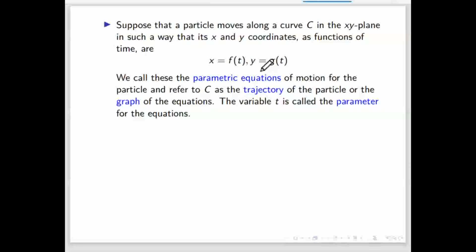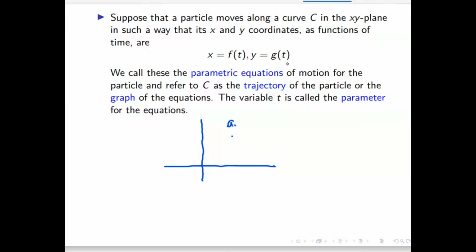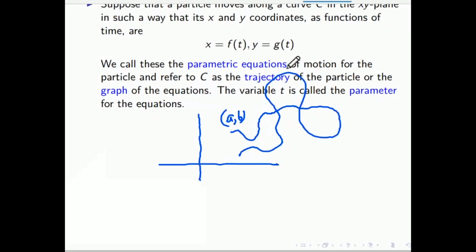So I hope it is clear. Suppose some person is moving in the 2-dimensional plane. At any particular time, the location is x comma y, and that is a function of time, because once the time changes, the person's location may change if he moves: f(t) and g(t). For example, suppose the person started from the point A comma B, and this is the path traced by the person, something like this, and stops here at C comma D. So this is one kind of path represented by that particle.